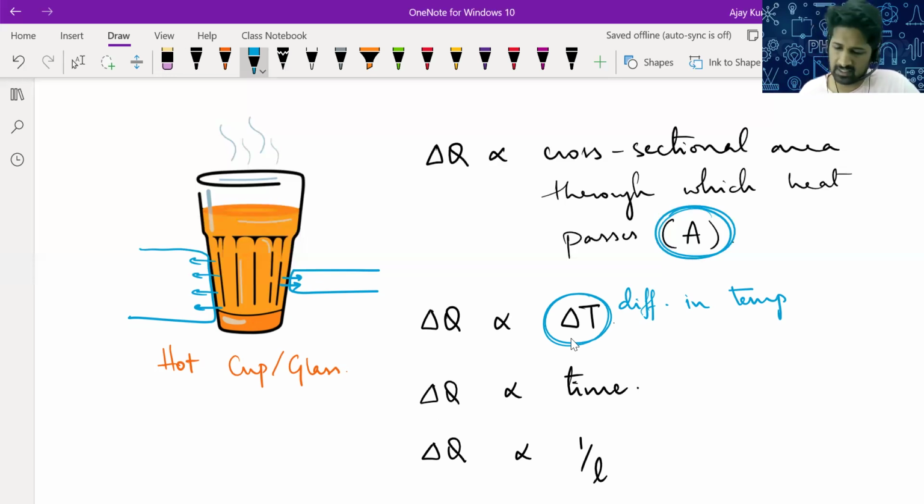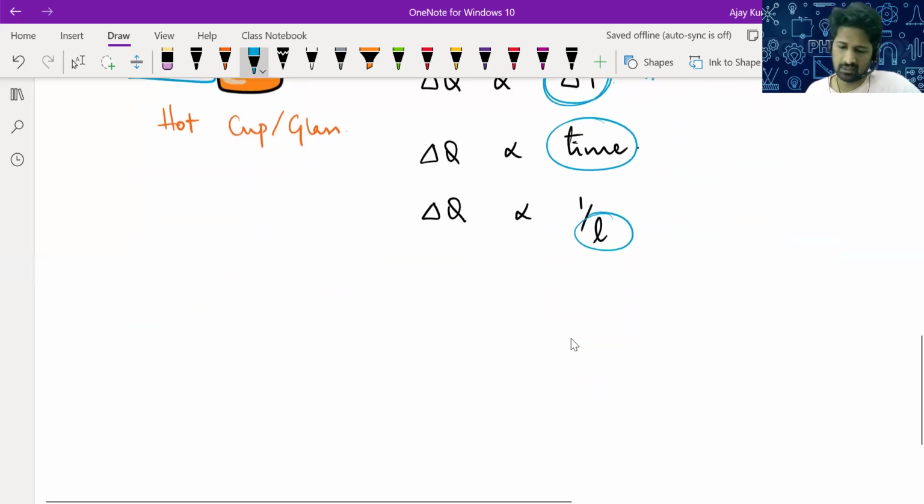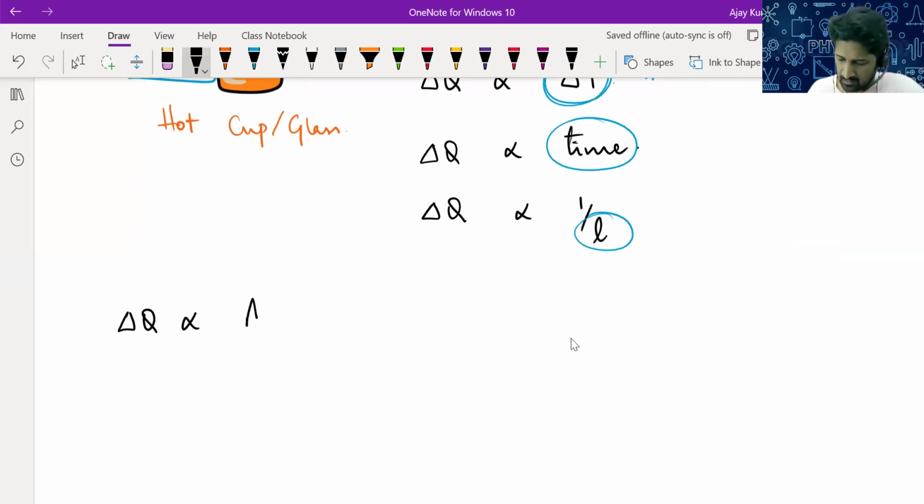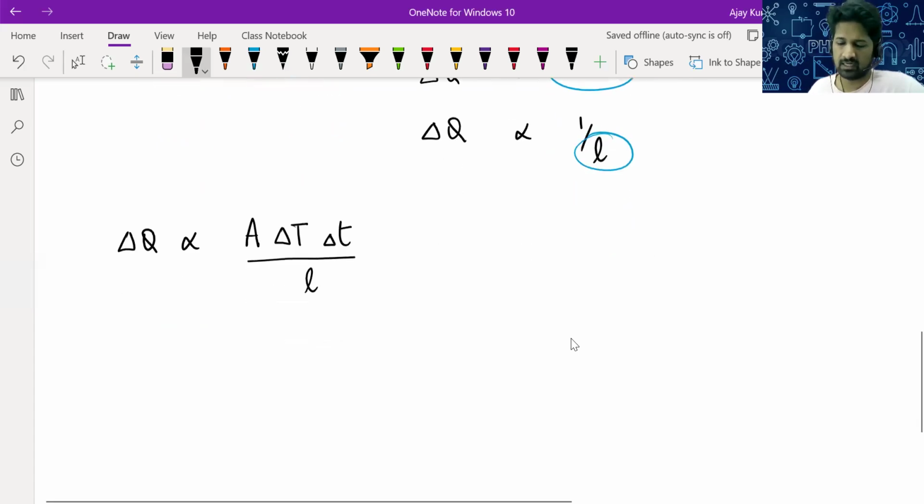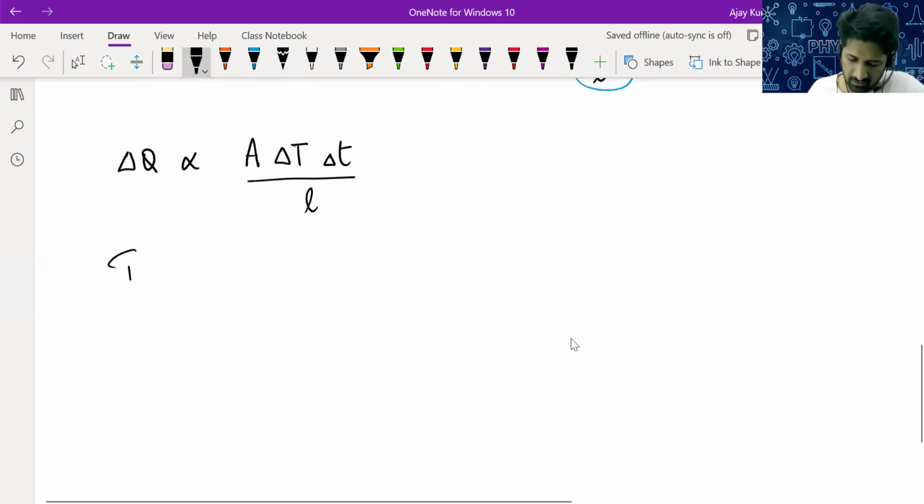It depends on the time that you allow for heat transfer. It is inversely proportional to the distance for heat transfer. So putting all these together, you get delta Q proportional to A delta T delta small t. Delta capital T is temperature difference. Delta small t is the time that you allow. So capital T is for temperature, small t is for time, and inversely proportional to length. And the proportionality constant depends on the material through which the heat is passing. And we call it the thermal conductivity of that material,